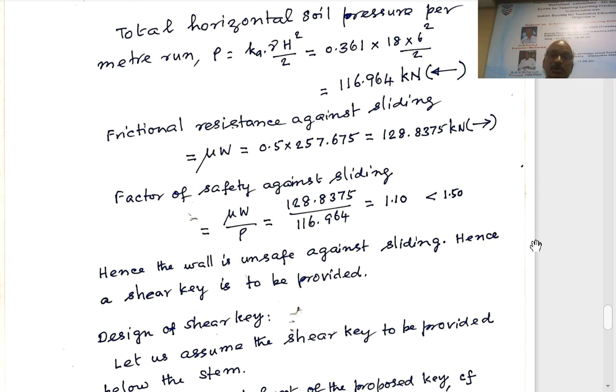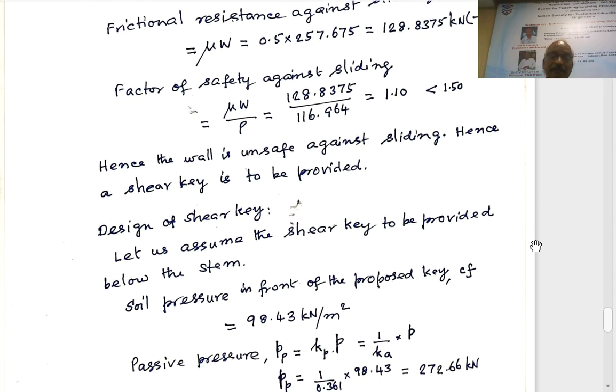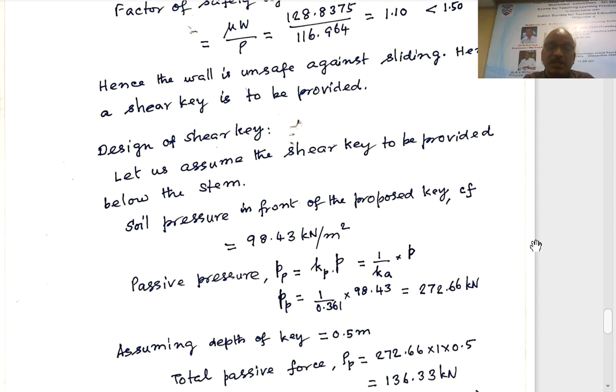Again, already we know how the key slab behaves. It's again a cantilever. How it behaves, where we have to provide main reinforcement, that we have discussed in the earlier lecture, so that need not be repeated here. So how to design the key. Therefore, when it is less than 1.5, a key slab is needed. So the soil pressure in front of the proposed key, that is C F,